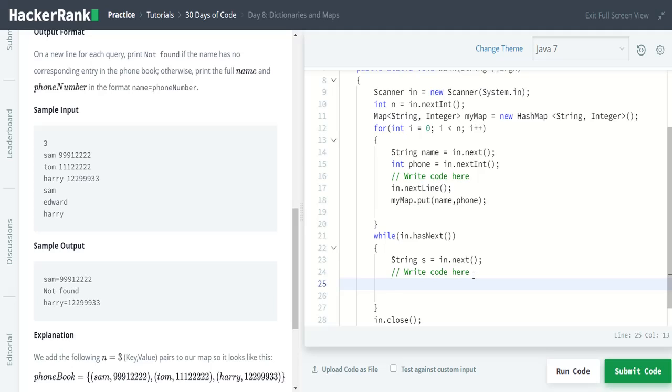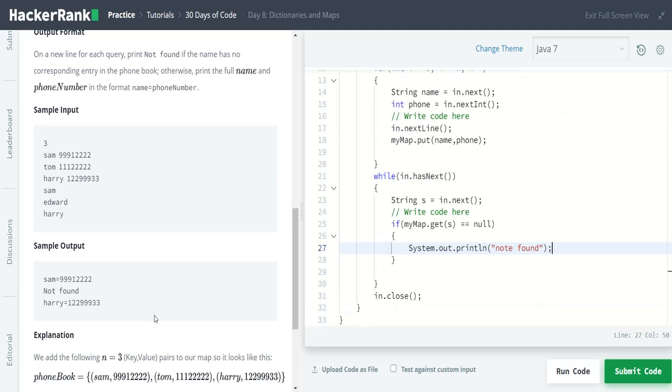Followed by this, the string s is already declared, so we will have one if condition: if myMap dot get s, that is get string, is equal to null, that is if there is no value and it contains only null, then we have to print System dot out dot println, not found. It is a simple concept.